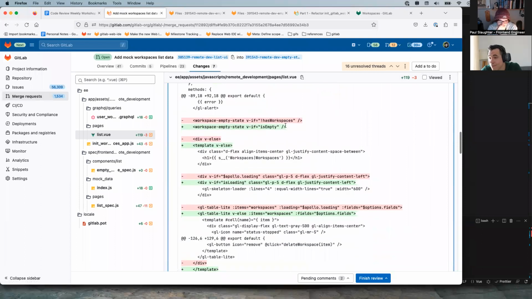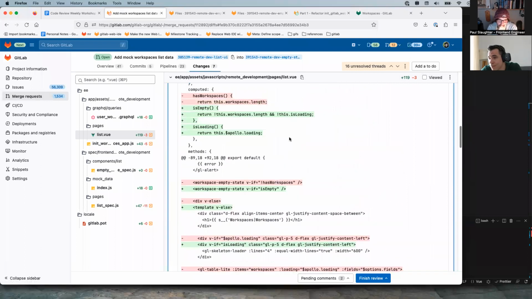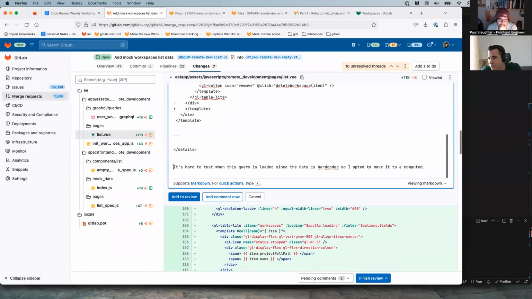It's hard to test when this query is loaded since the data is hard coded. Move it to computed.